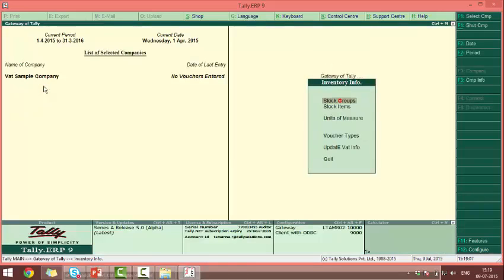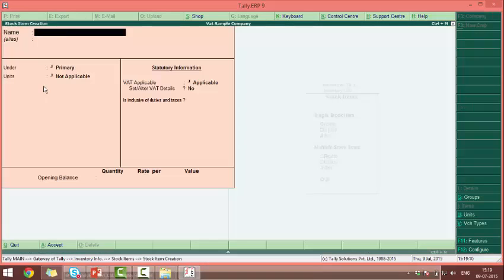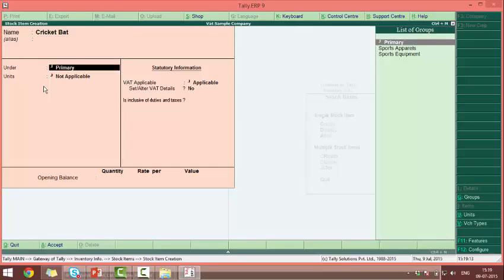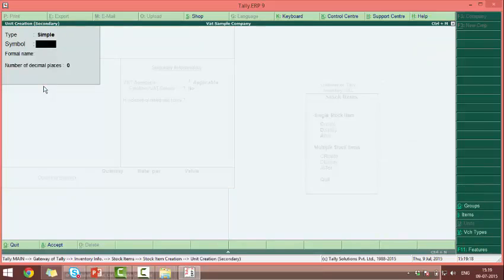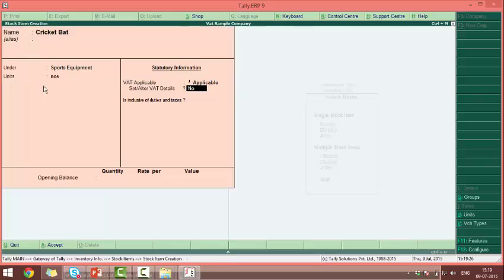Then we'll create few stock items. Cricket bat under the group sports equipment. Units, numbers. We'll create a unit of measure by pressing Alt C. VAT applicable. Specify the opening balance.